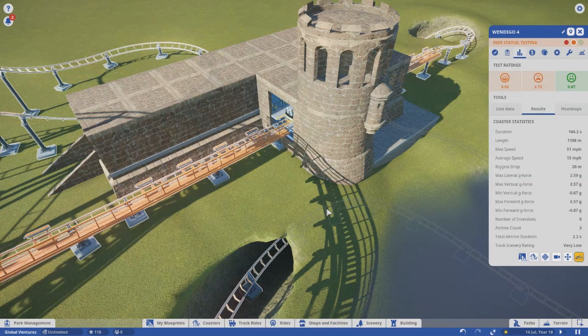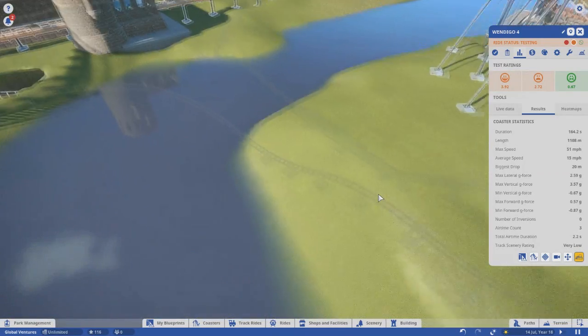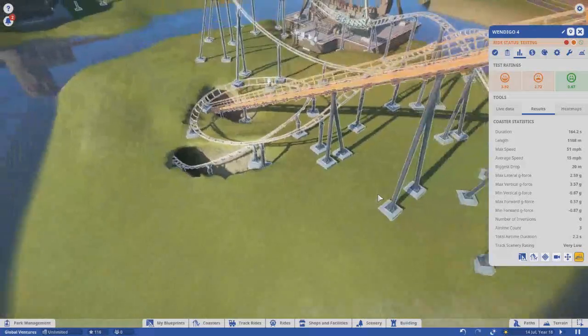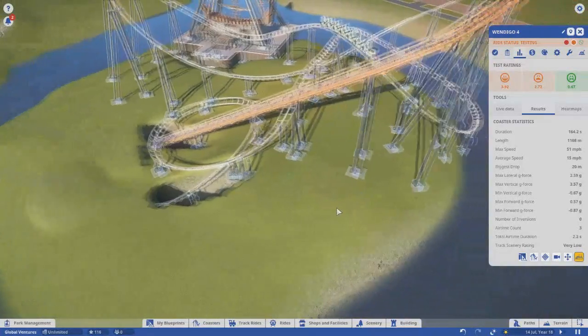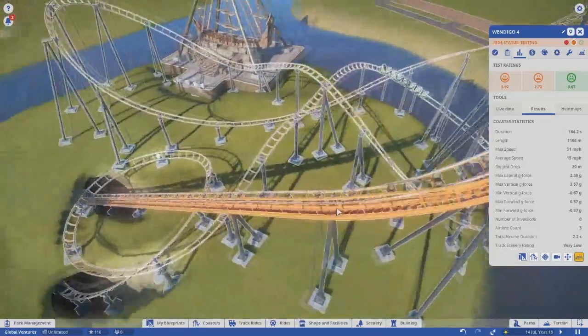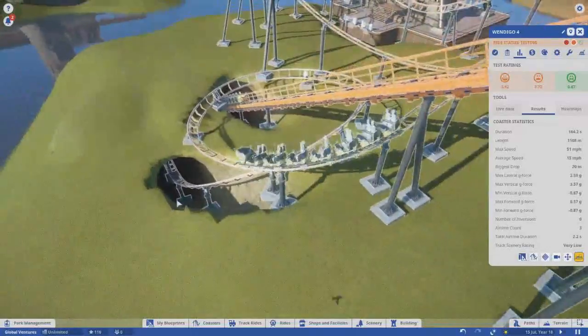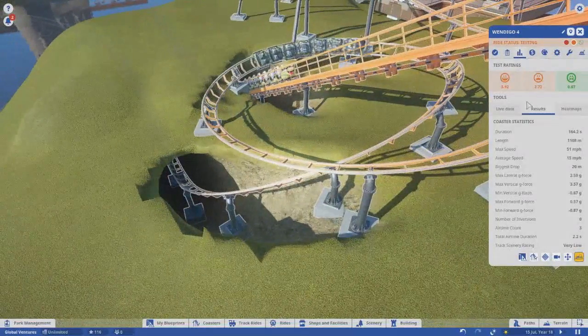Biggest drop 20 meters. Max lateral G 2.59. Max vertical G 3.57. Total airtime 2.2 seconds. Track scenery rating. Yeah, the track scenery rating is very low at the moment. That's going to change. See, I think it's down here where it gets to its